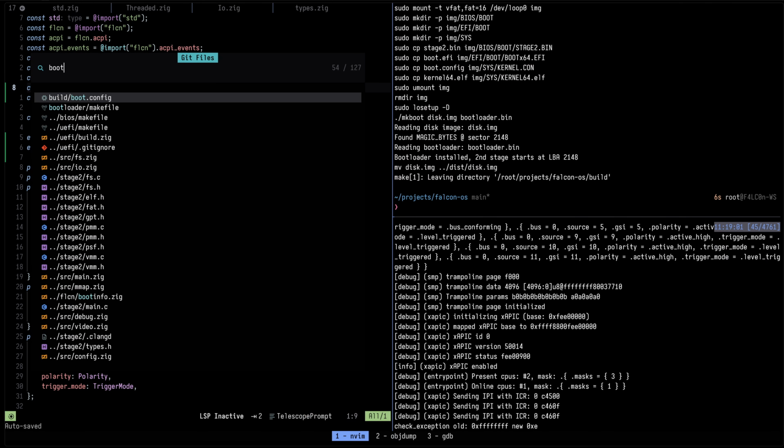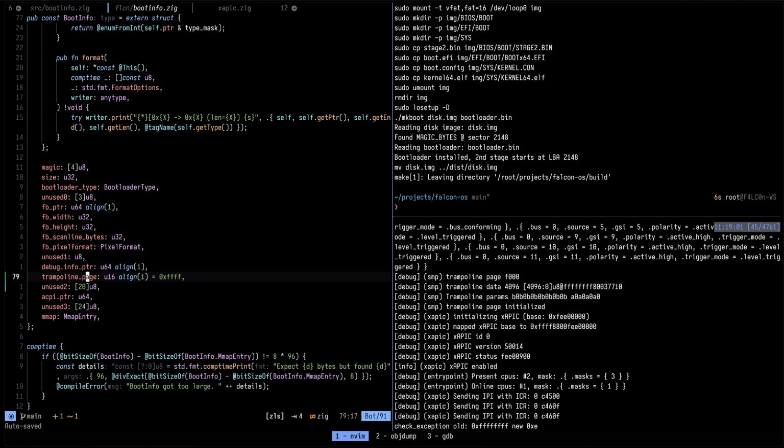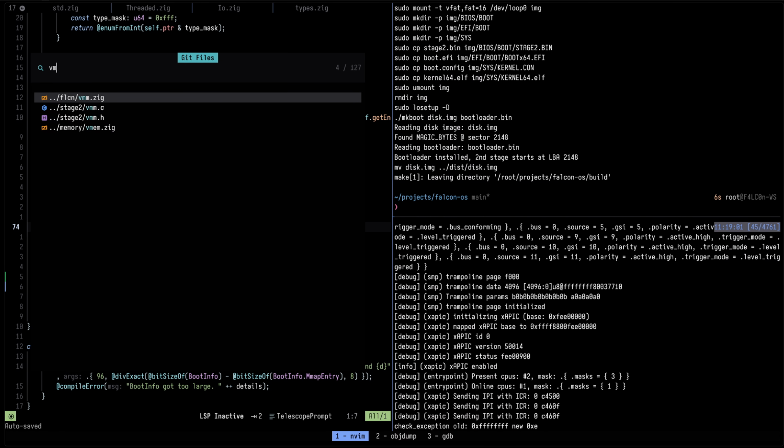Boot info. Do I have like page map here? No. No, we don't. Actually, if we go to vmem,